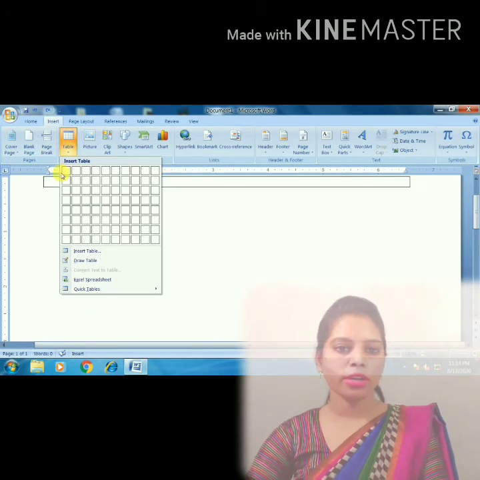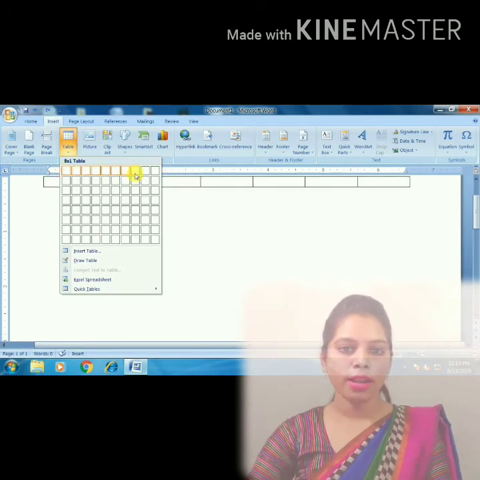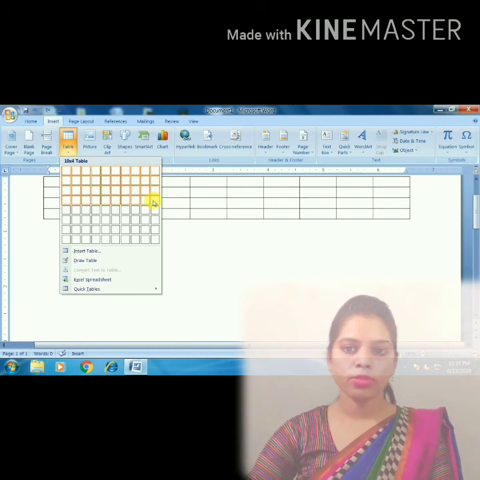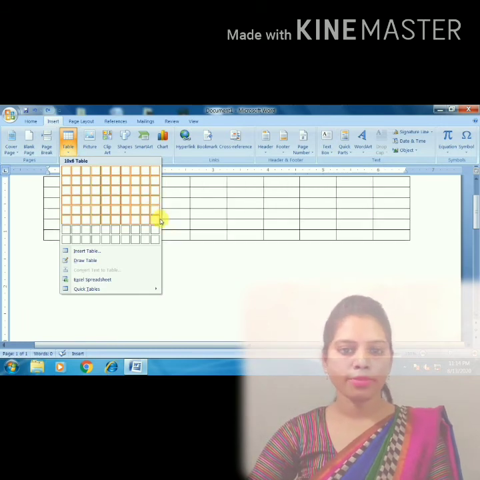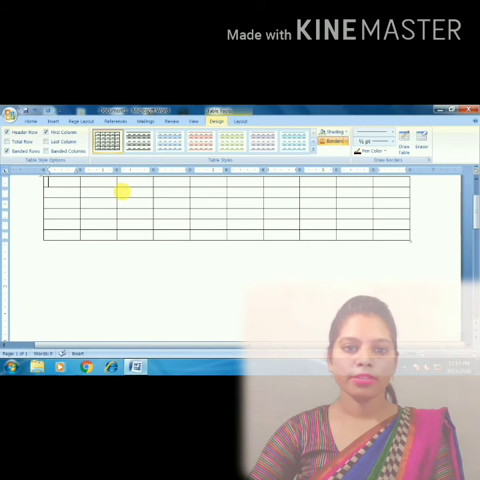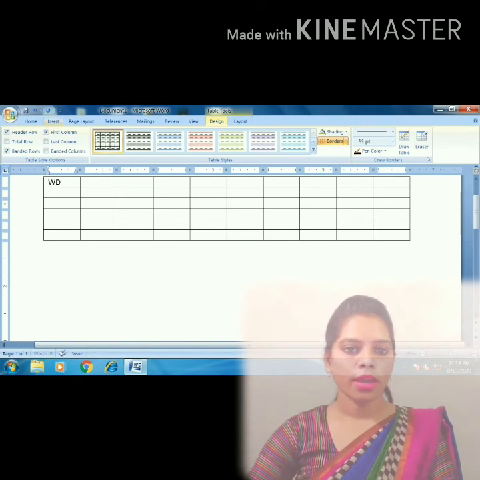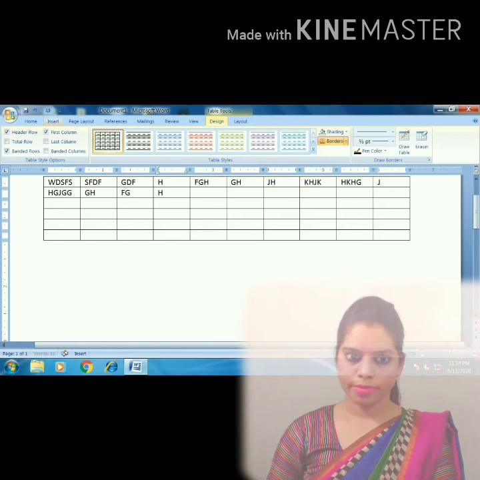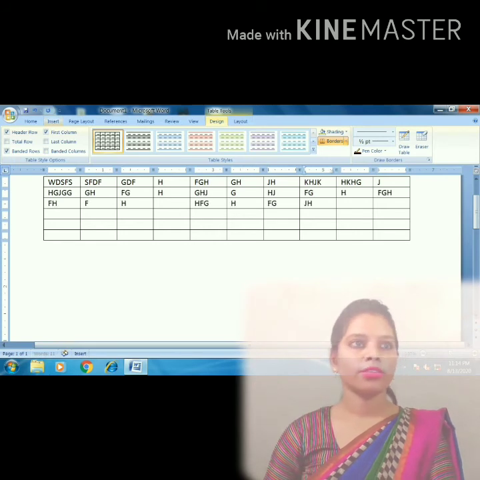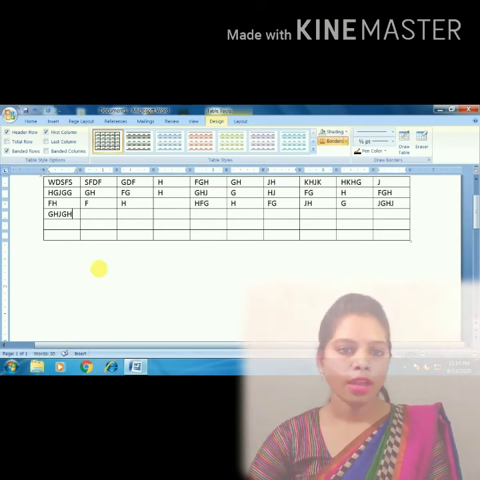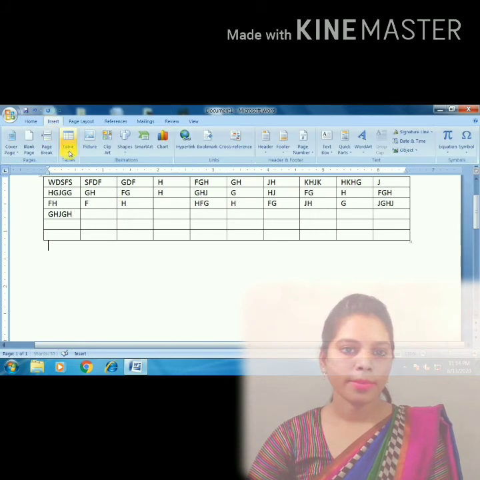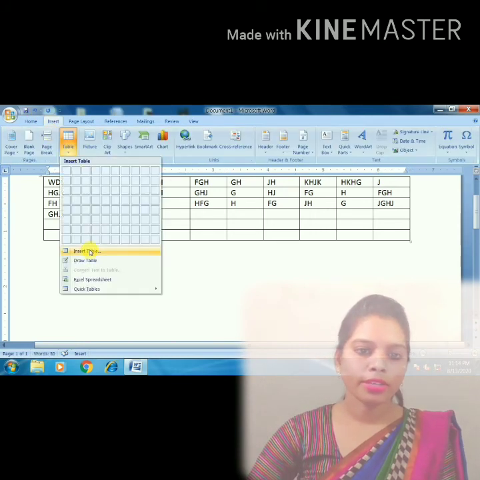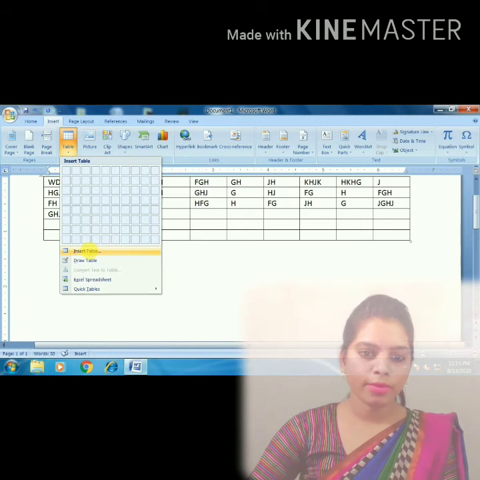When we click over here, see, we can insert the table by selecting the rows and columns like this, and we can type the matter like this. After then, we can insert the table by the insert table option.